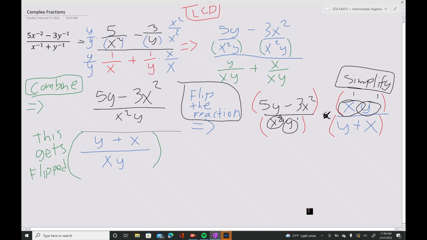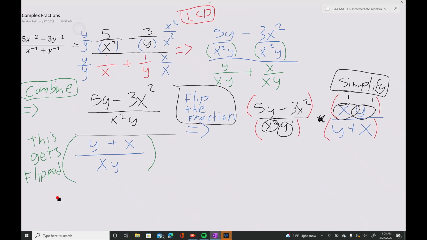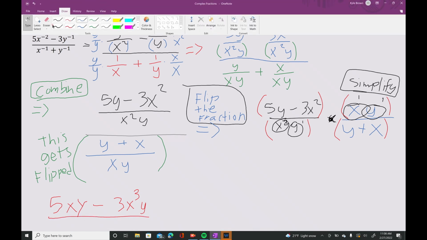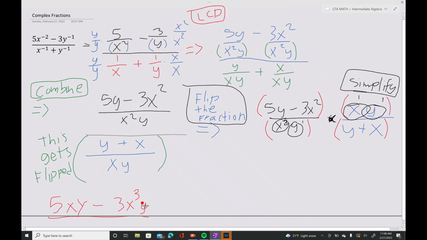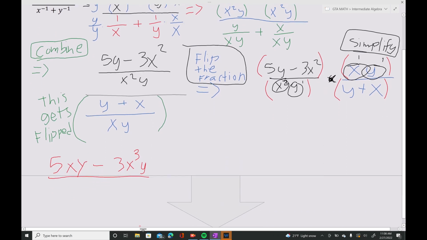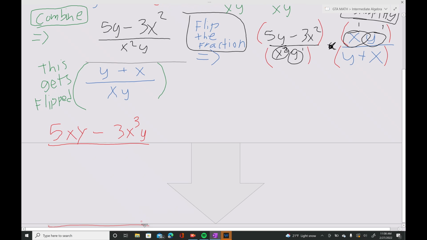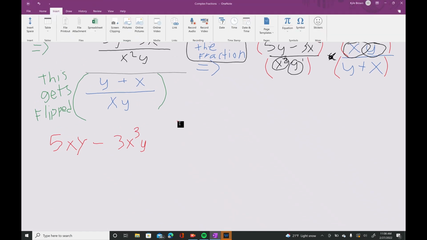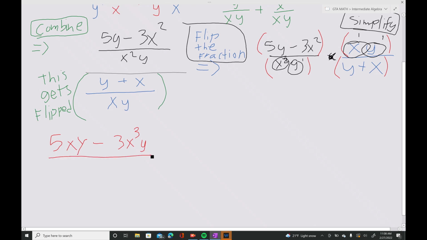Okay. So 5y times x is going to be 5. Oh, now you want to do that. Cool. So it's going to be 5y, well, 5xy minus 3x cubed y. All of this over. Let me page break this. Perfect. I did that so smooth. Man, I have grown. So this,